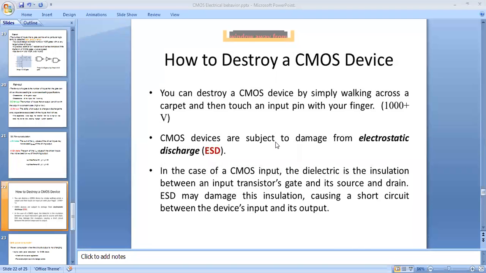If we consider our VCC as plus 5 volts and we apply more voltage, that is above plus 5 volts, then automatically our CMOS is destroyed. So latch-up occurs when CMOS inputs are